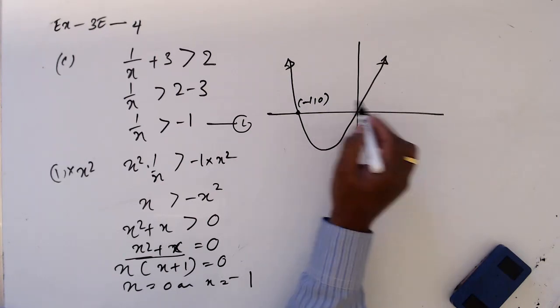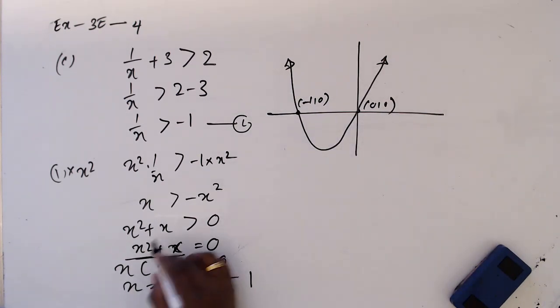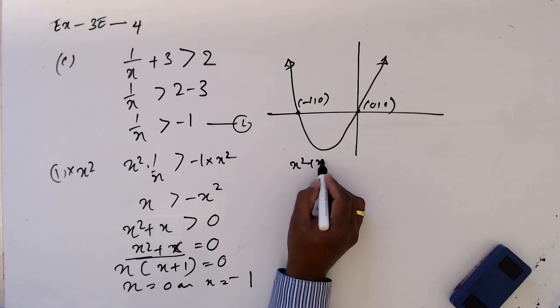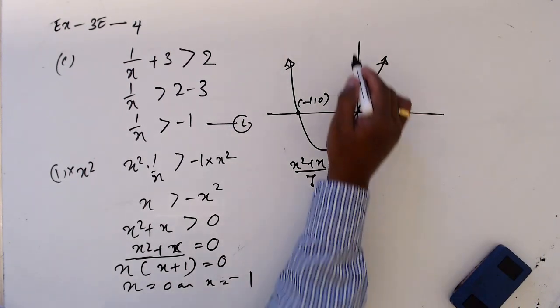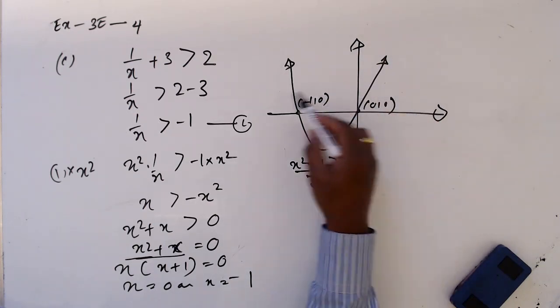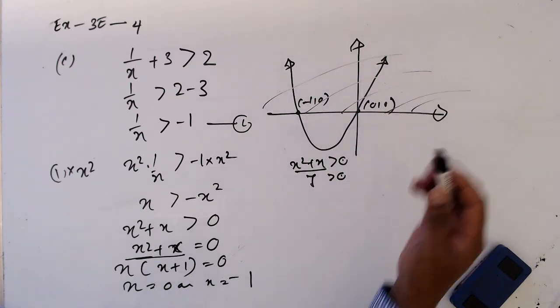Minus 1, 0, 0, 0. Now we need x square plus x greater than 0. It means y greater than 0. Y greater than 0 is this area on the number line